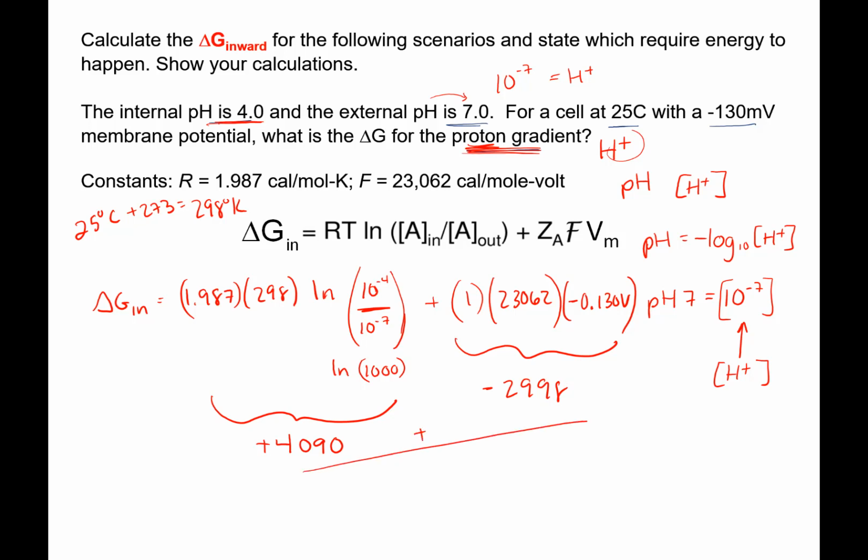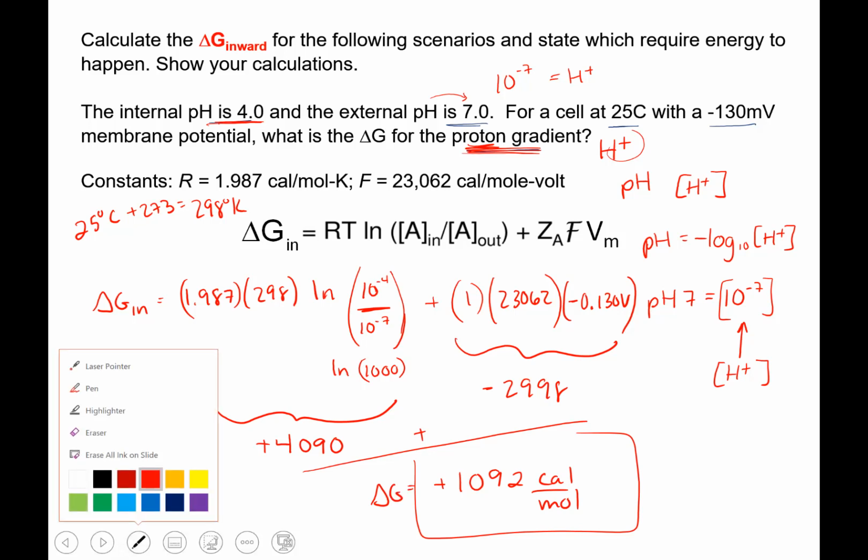Add these two numbers together, plus 4090 equals positive 1092 cals per mole. All right, so that is your delta G, but I asked for one other important part in this question, and that's to state